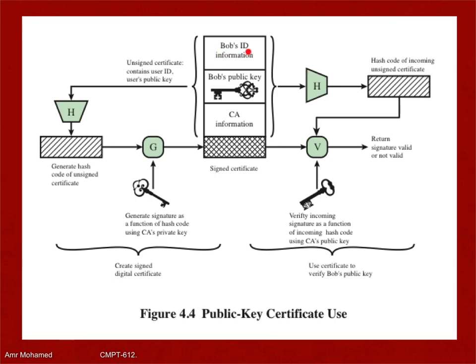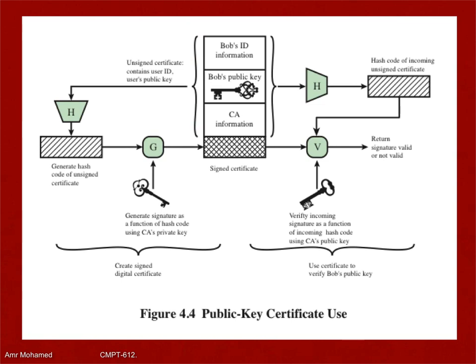So Bob sends his own ID information, identification. Any kind of name or identification information. And then he sends the public key, and the public key is again plain text. And I need to send the certificate authority information. I need to know who signed, because everything here is encrypted. So I need to know who signed that certificate, and then